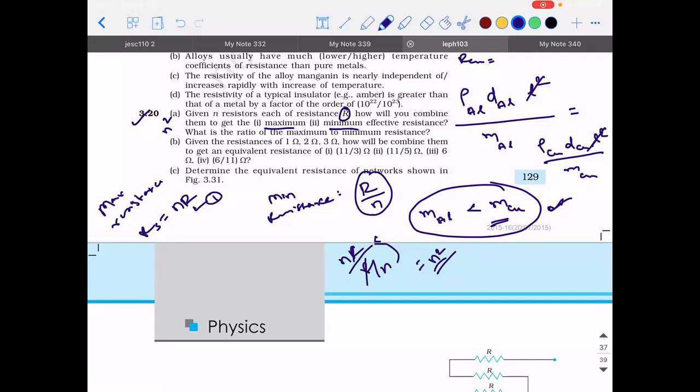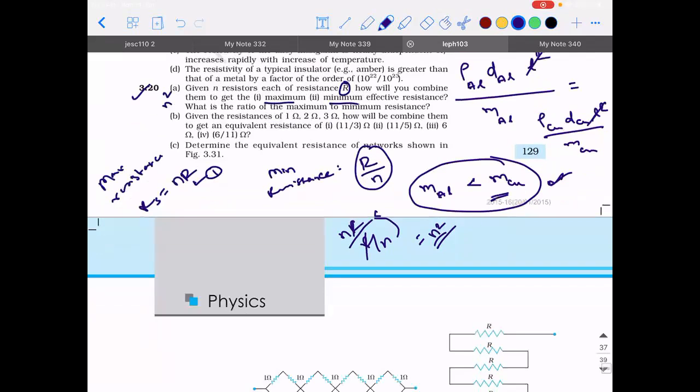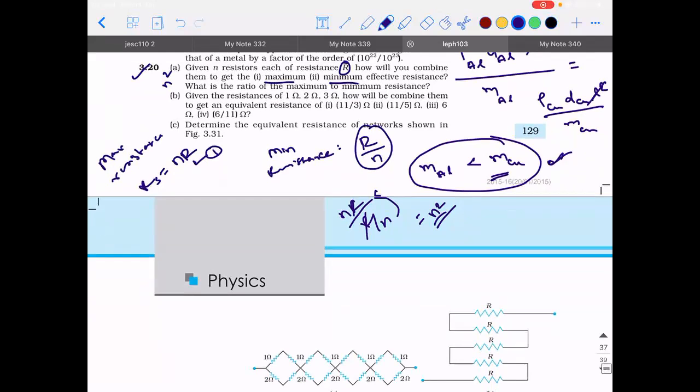Now think. Okay, so you told me 6 ohm. The answer for the third one is connect all of them in series. The answer for the fourth one is connect all of them in parallel. We need to think of what is the answer for the first and the second. So how to get the first? I told you mixed combination, no? So 1 and 2, for example, it is like this. 1 and 2 are connected in series and 3 is connected in parallel to this. What would have been the answer?